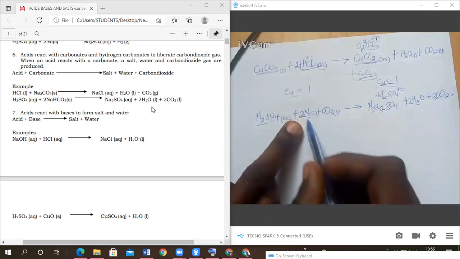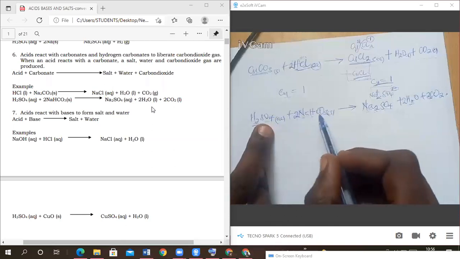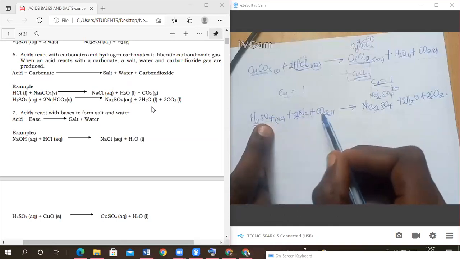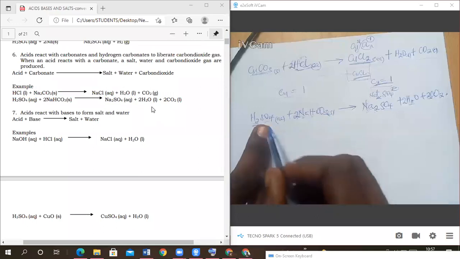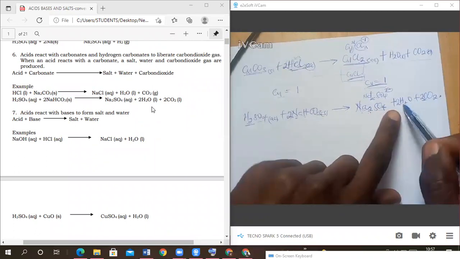Let's try and check. Here we have 4 oxygens plus, this is 2 times 3 is 6. 6 plus 4 is 10. Check this side. We have 4 oxygens plus